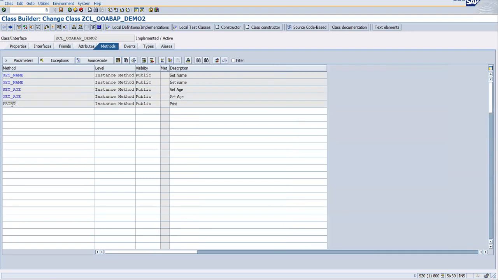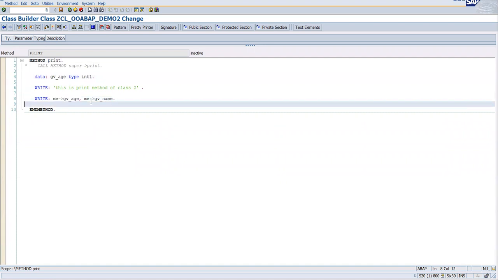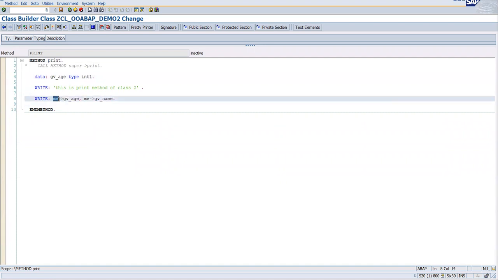But this is the local declaration, which you can access only inside this. But the name is the same. So how will the system decide which gv_age you want to refer to? If I want to refer to the global gv_age, in this case you have to tell me. And if you simply write it like this,